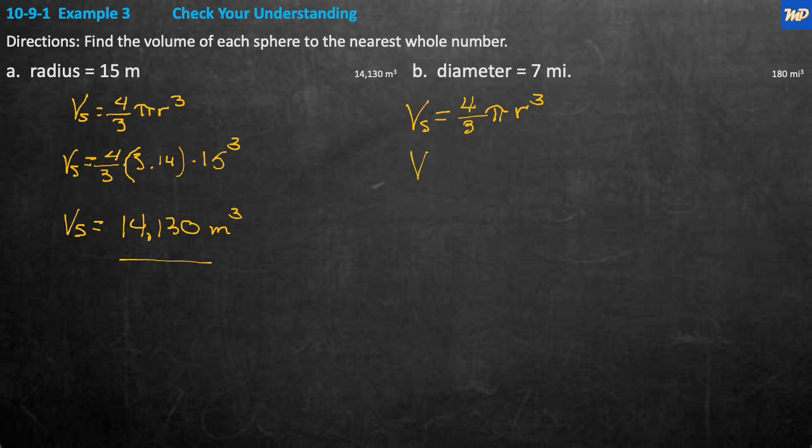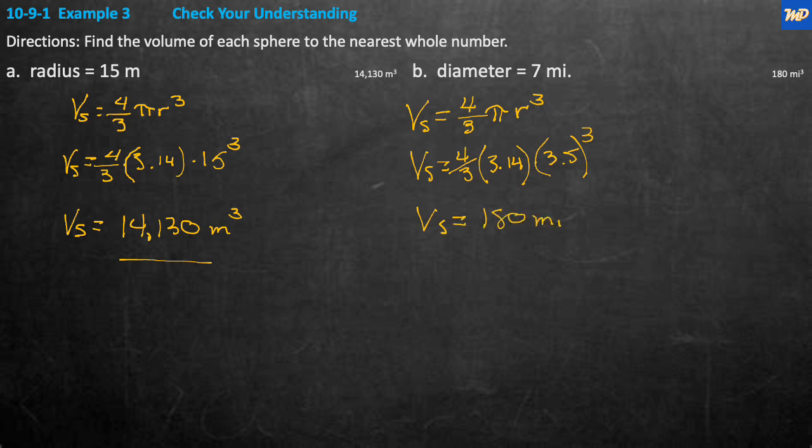So the volume of our sphere is equal to 4/3 times pi, which is 3.14, times r cubed, and r is 1/2 of 7, because this is the diameter, so it's 3.5, I'll put parentheses around this, cubed. So 4/3 times 3.14 times 3.5 cubed, again, comes out to